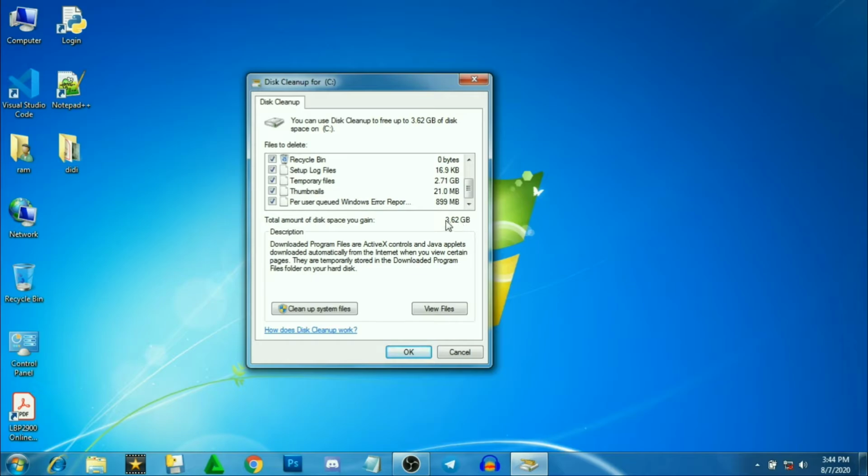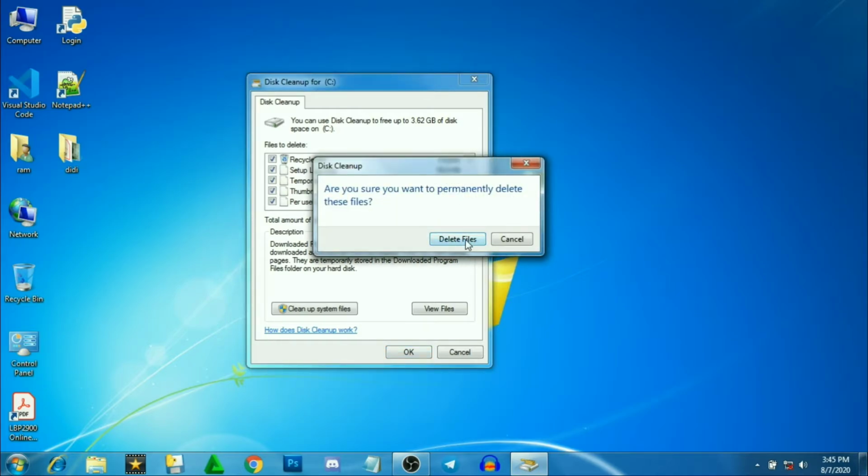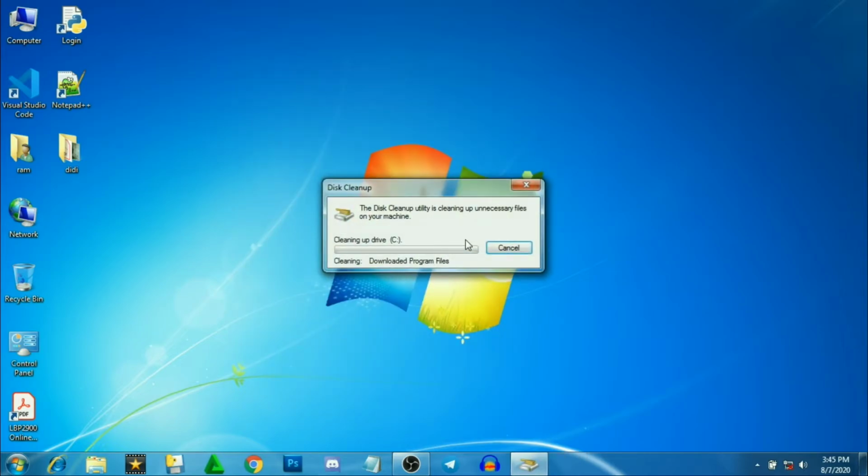Here it will show how much size the dump files take. Click OK. It will ask permission to delete the files permanently. It is 100% safe. You can click delete files.